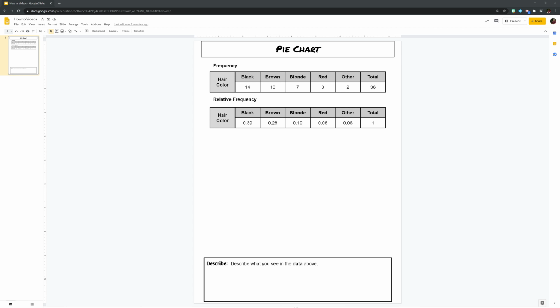Hello everyone, today I will be showing you guys how to make a pie chart on Google Slides. So here we have two different tables, both of which are representing the types of hairstyle within a certain population